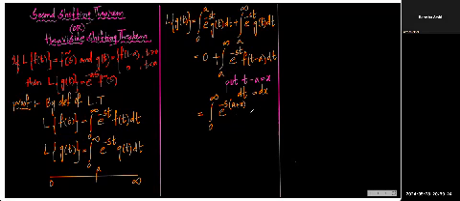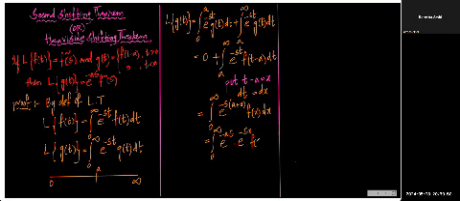In f of t minus a we have taken t minus a as x, and dx value becomes dt. Now we can break this into two parts, 0 to infinity. So e to the power of minus as is one part, into e power minus sx is another part, into